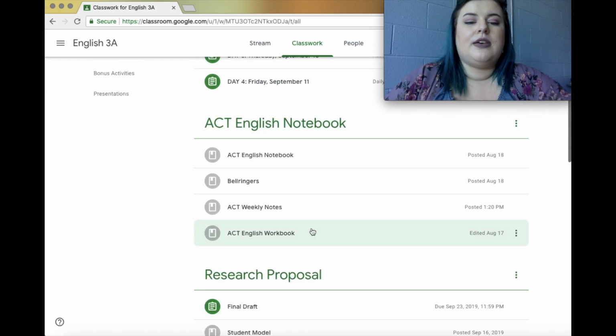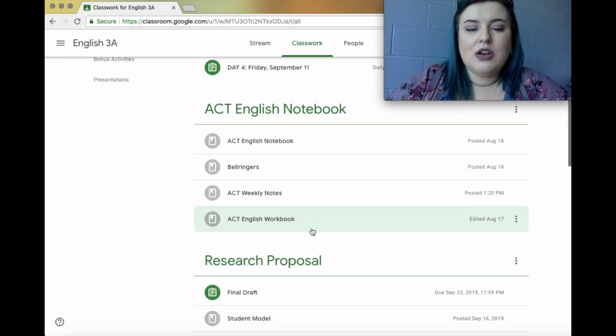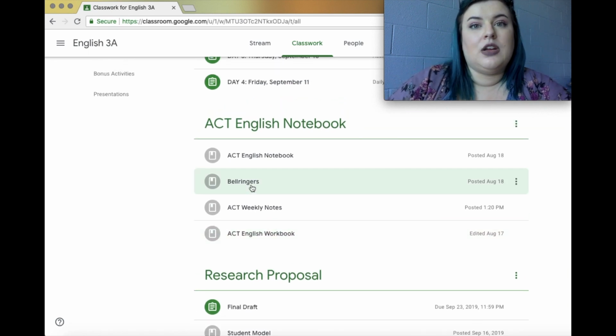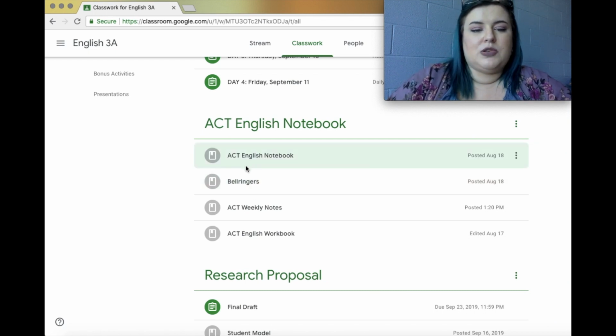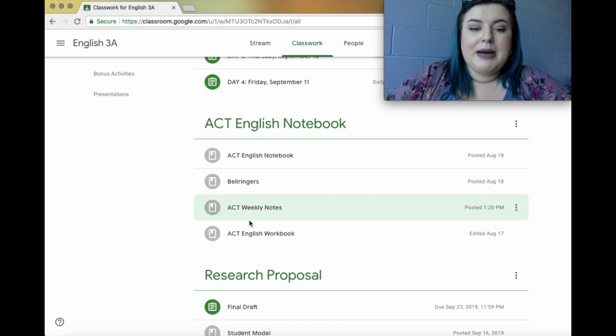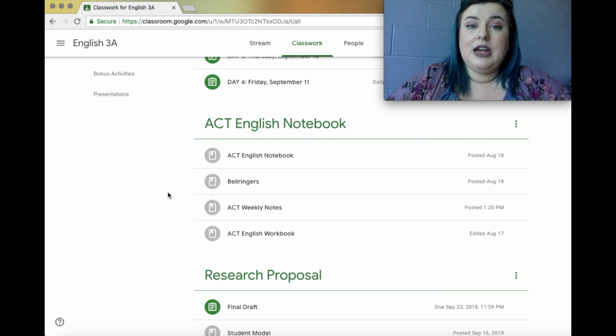So scroll down and let's look at our ACT notebook section. Here's the thing, not until September the 14th will you have a bell ringer or anything to do with this ACT notebook. So this isn't until next Monday. So don't worry about this until next Monday, but